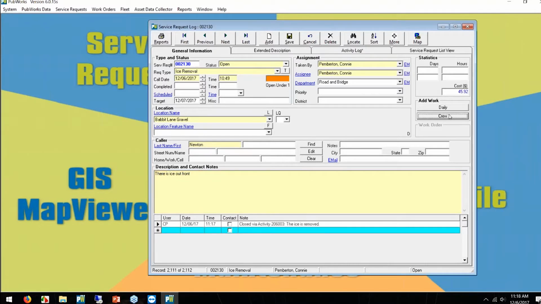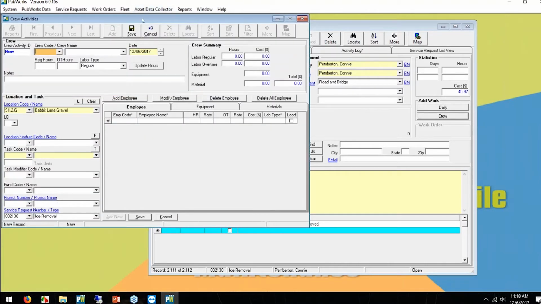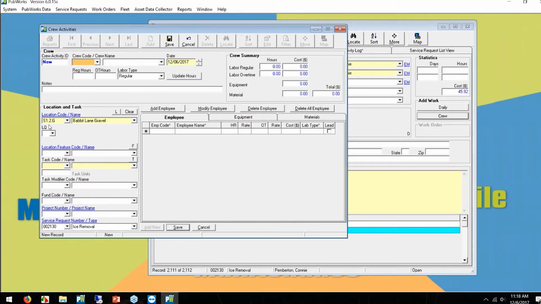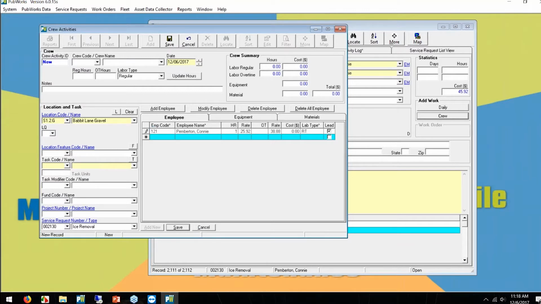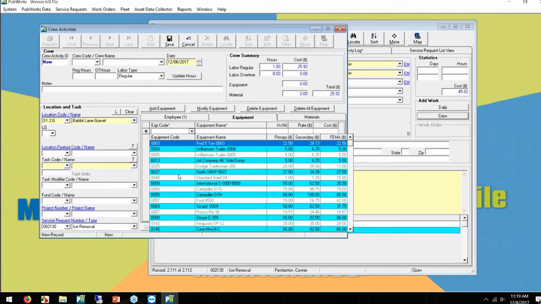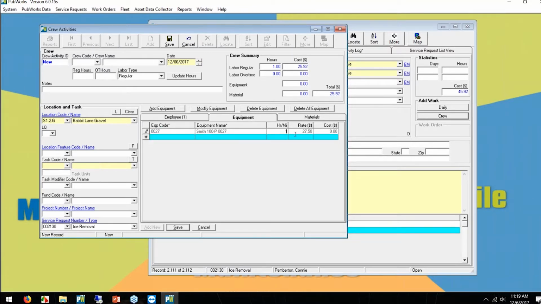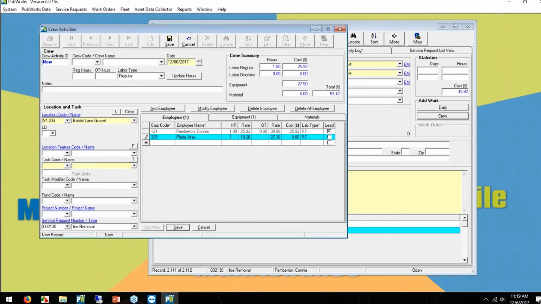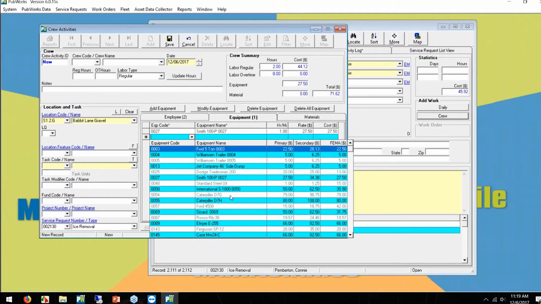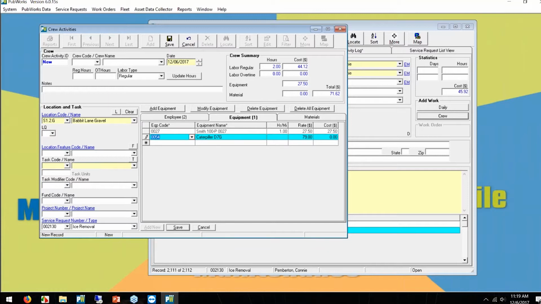And I'll click on crew. And you'll notice that it automatically fills the service request and the location again. And now I can select a crew, or I can select an employee and time for her and a piece of equipment that she was working on or working with. And then I can also add a second employee and a second piece of equipment. Might be overkill to use a Caterpillar D7 to take care of ice, but